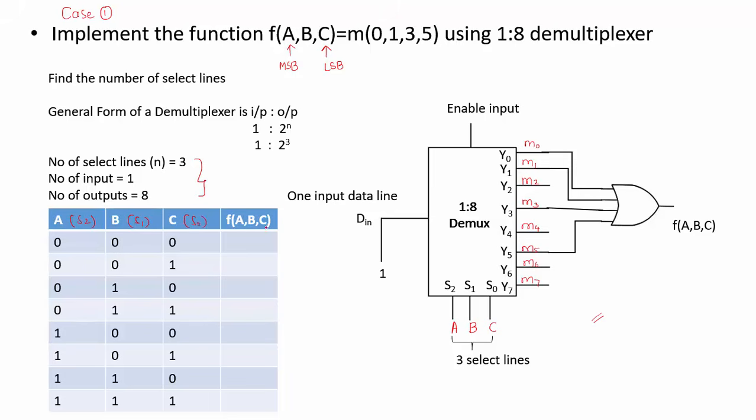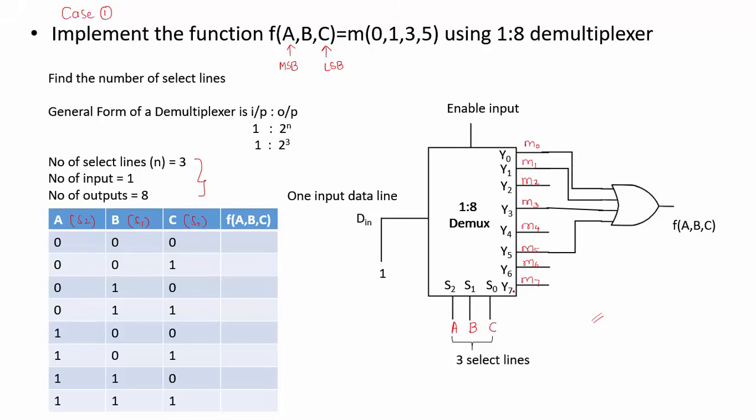And this f of a, b, c is the output of this OR gate. When ABC is 0, it means that S2, S1, S0 is 0 since you have connected them, and this D in line gets connected to M0. So M0 will be 1